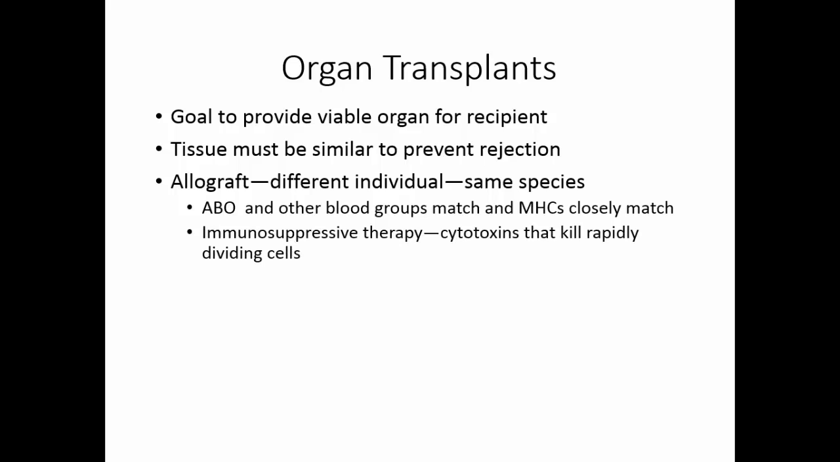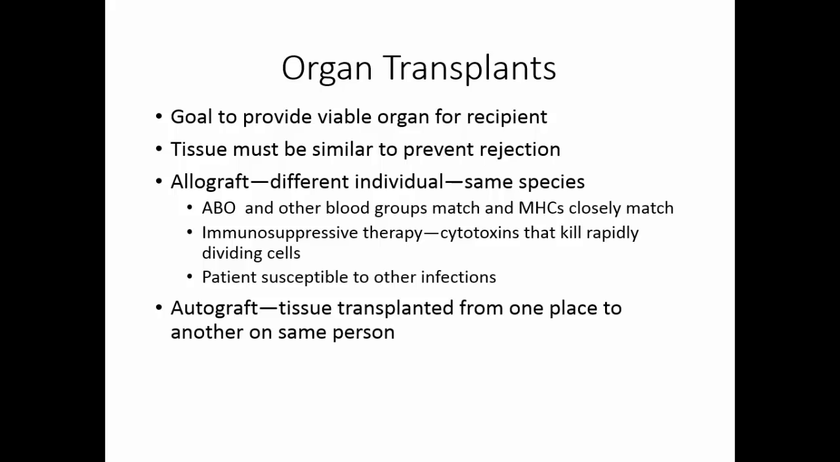Typically, people who get organ transplants are on immunosuppressive therapy. And a lot of this therapy is cytotoxins that will kill rapidly dividing cells. If the immune system has been triggered by this foreign tissue, then some of the most rapidly dividing cells in the body will be those lymphocytes. The idea will be that we kill the population of lymphocytes that would respond to this tissue. Of course, the patient is susceptible to other infections, and so they must be very careful about being around other